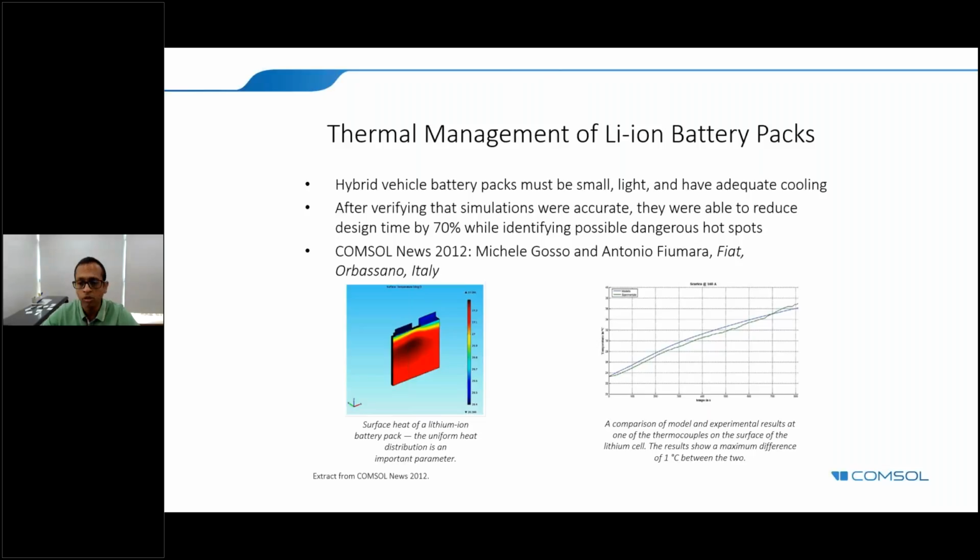If the temperature is too high, it leads to thermal runaway, which means you could have electrolyte emission, smoke in the battery pack, or in the worst case scenario, even a fire. And therefore, to meet these design specifications, Fiat used COMSOL to run simulations at different discharge rates. Once again, they started with an electrochemical analysis, followed by CFD and a heat transfer analysis at the entire battery